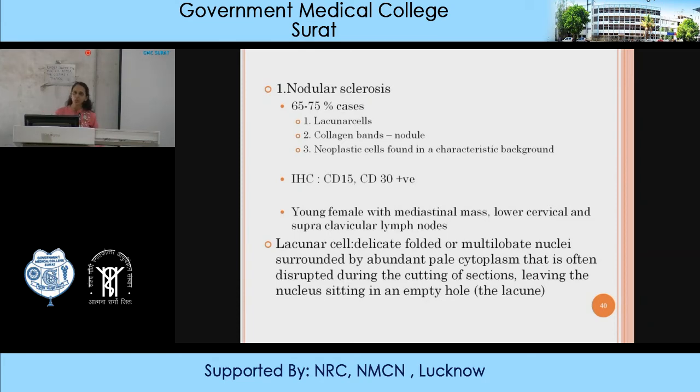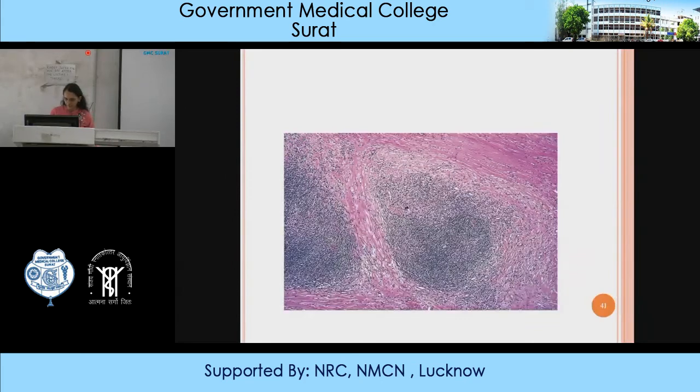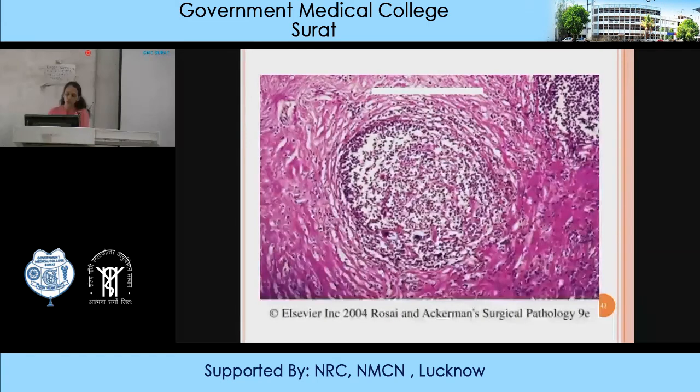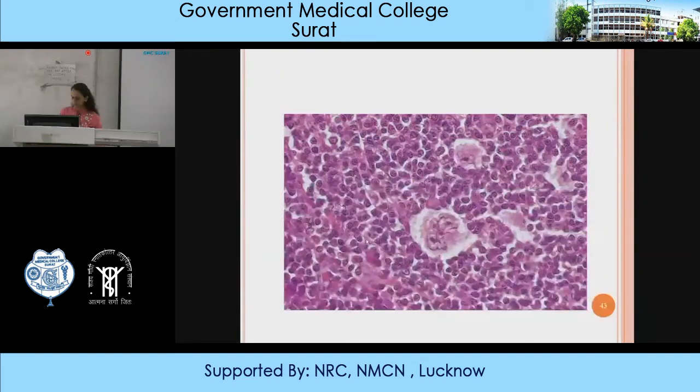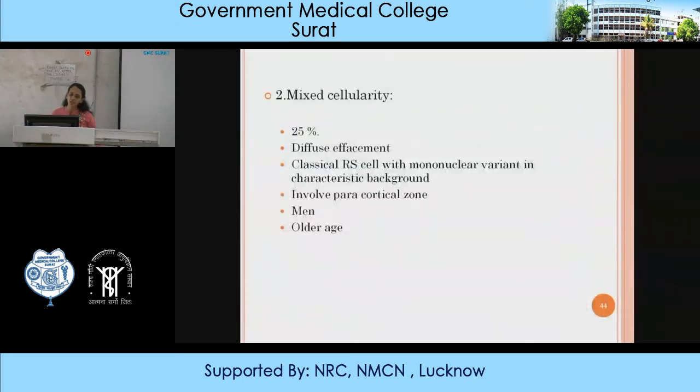Again you can see the nodule of a follicle which is made up of small lymphocytes with intervening pink colored collagen bands, that is the sclerosis. Again a very good nodule formed by lymphocytes and RS cells. I can't point them out, but you can see the larger 2-3 cells which are RS cells surrounded by fibrosis. These have multiple nuclei with nucleoli and are typical large cells. Again RS cell. Mixed cellularity, that means this terminology is based on the background, that it has multiple cells in